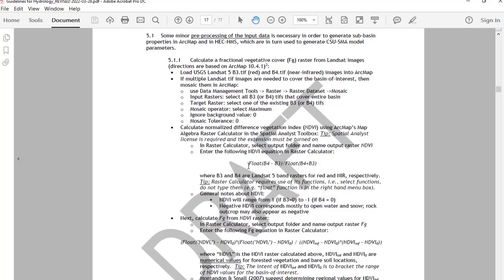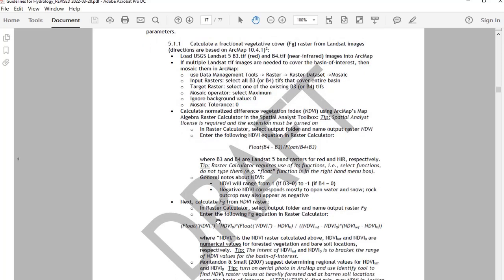It's listed out here. They're pretty simple. These are standard from scientific literature. CSU used these in their research study, but these are pretty standard. The normalized difference vegetative index, NDVI, is just the B4, B3 band difference divided by the sum, and then we'll take that and calculate the fractional vegetative cover. From that it is just the square of a difference from NDVI, normalized to an NDVI naught for bare soil and NDVI infinity for fully vegetative soil, like a forest cover, something like that. So we'll talk a little bit about how to get those naught and infinity values, and I'll show you how to calculate these equations using the raster algebra,